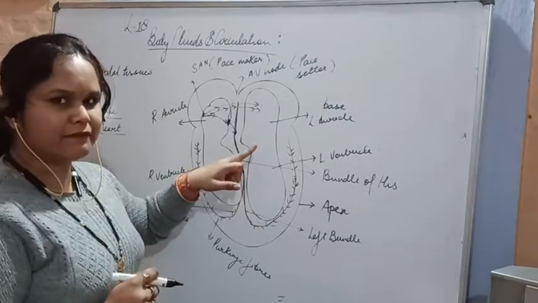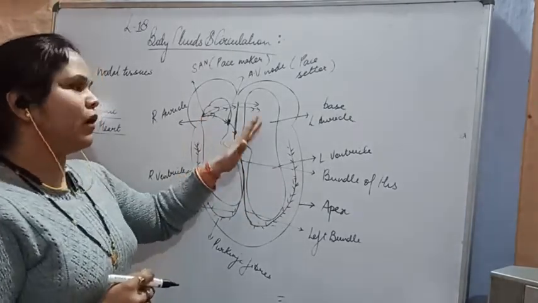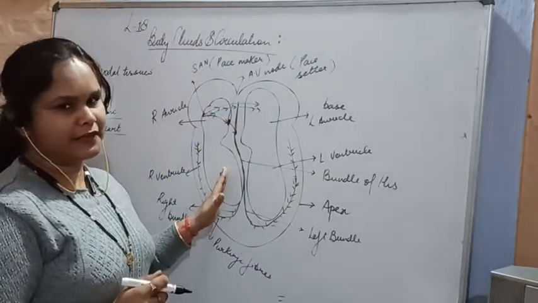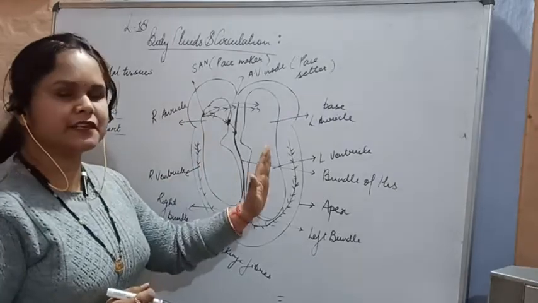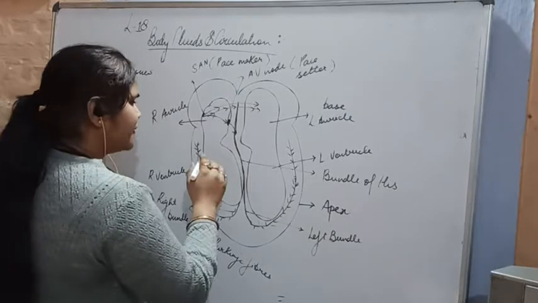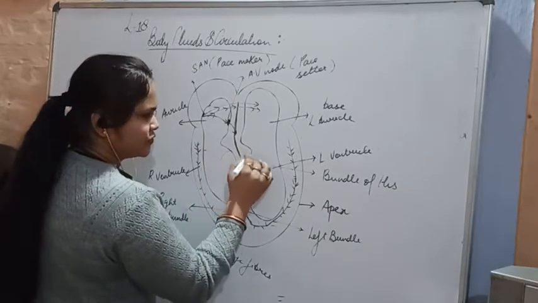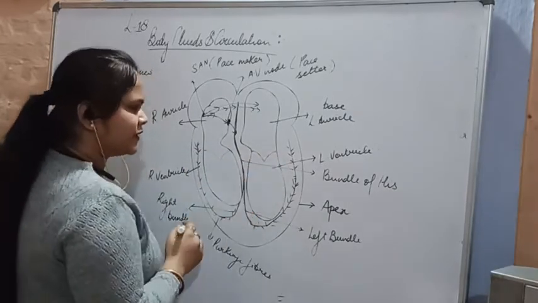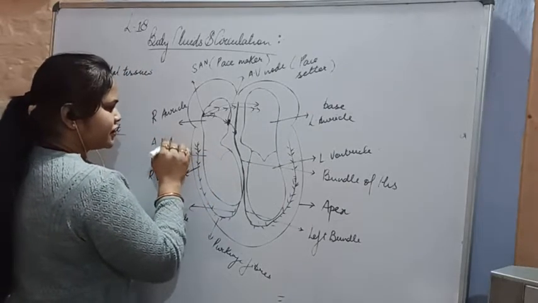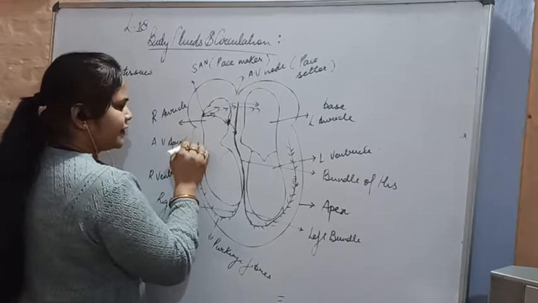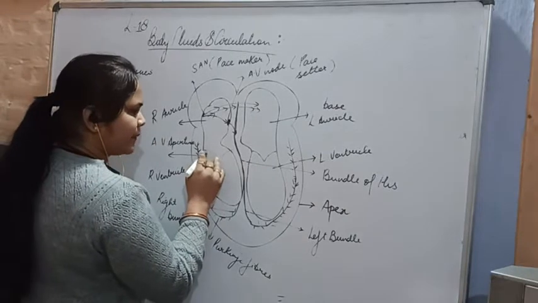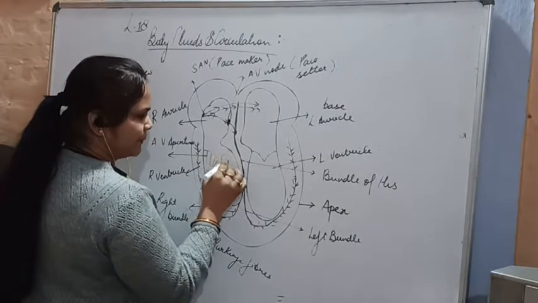As a result, what is going to happen? Both the auricles will contract, and finally the ventricles are going to contract. So this is basically the conducting tissue present in the heart. Along with that, we know that here we have the valves, the auriculoventricular apertures, and these auriculoventricular apertures do not close on their own. They have certain muscles which we call papillary muscles.